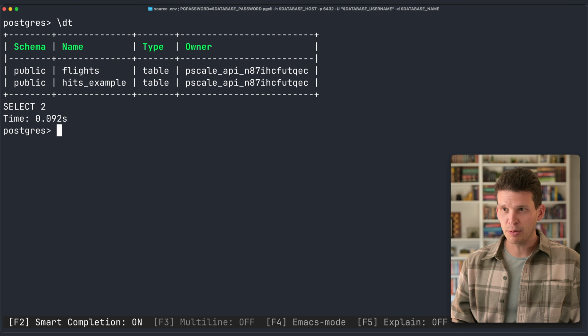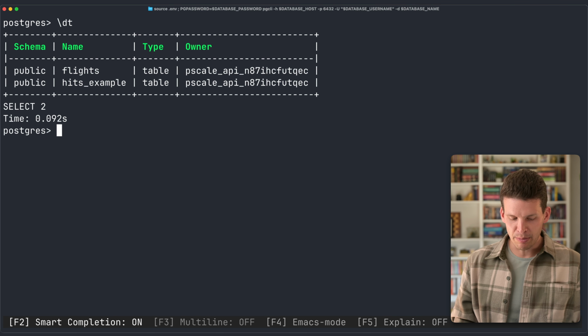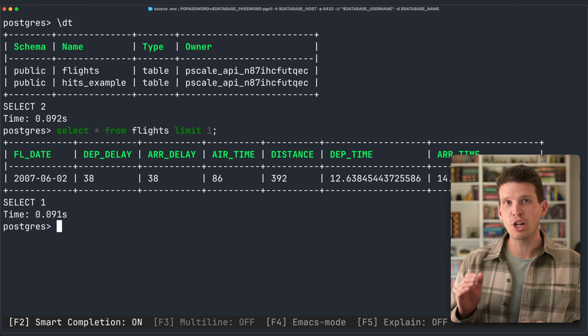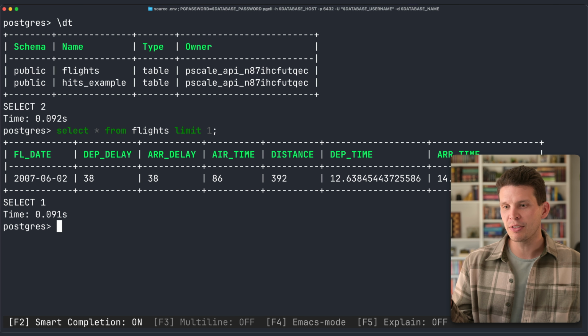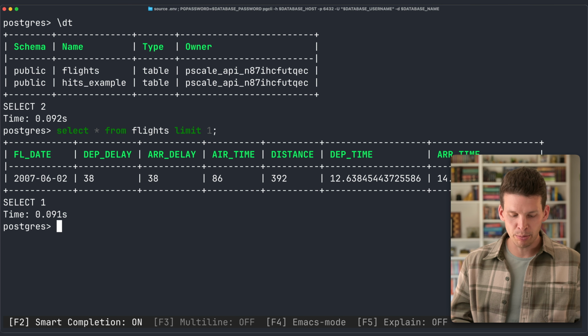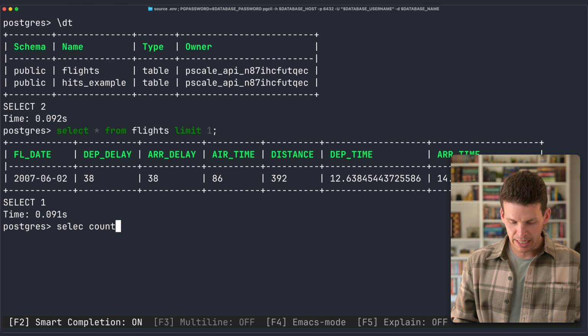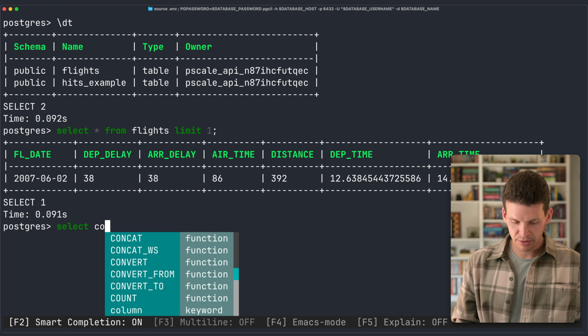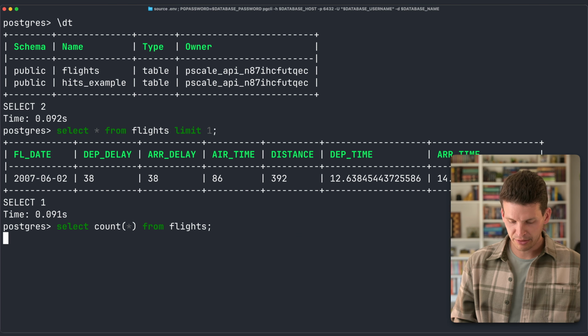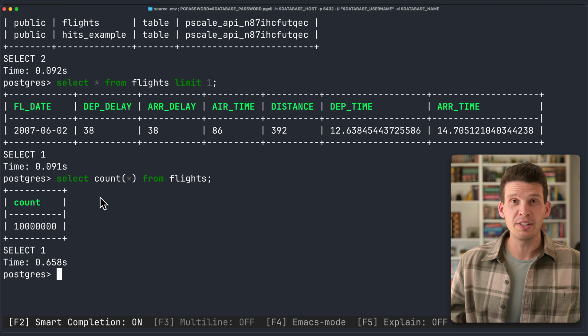So over here, I'm connected to PlanetScale. I've got these two schemas. I'm just going to look at a simple query so I can see the columns that I have in this database, and we can see we have some columns related to flight departure times, arrival times, how long these flights took place for. And if I do a count on these from flights, we'll see that there are 10 million